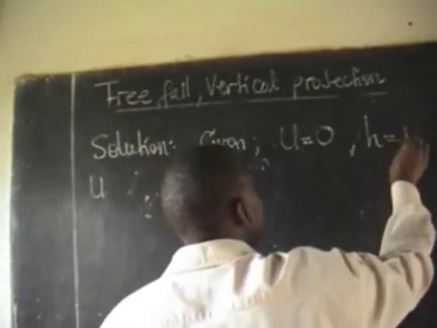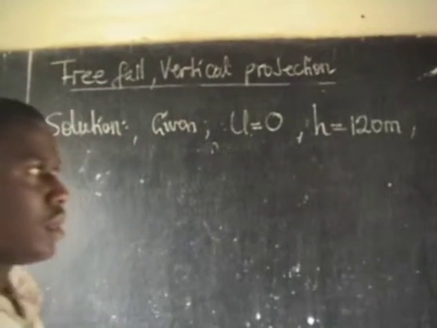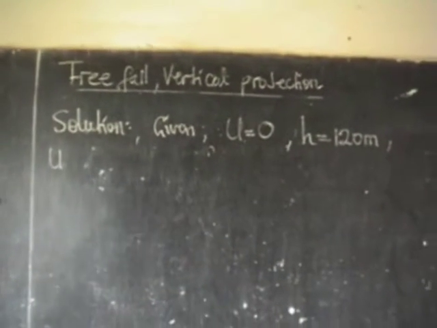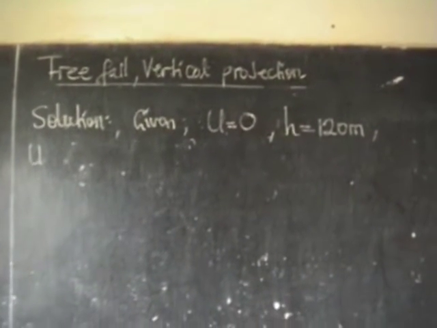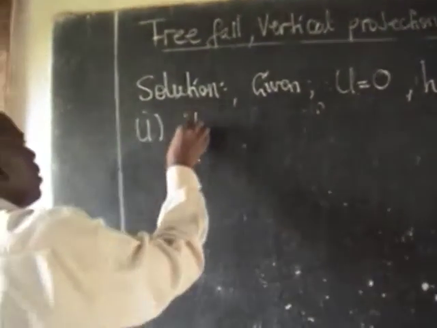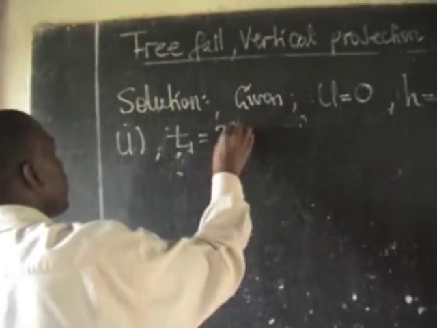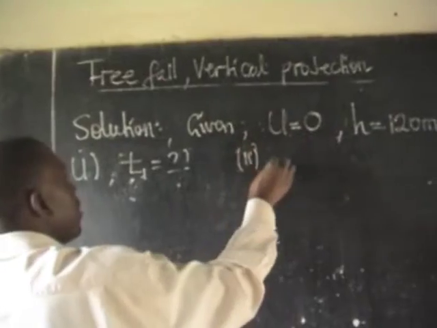H is equal to 120 meters. So that is the information given. Now the question requires us to calculate one, the time, I can call it maybe T1, and two, the velocity